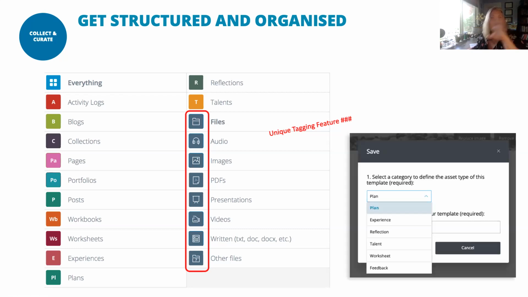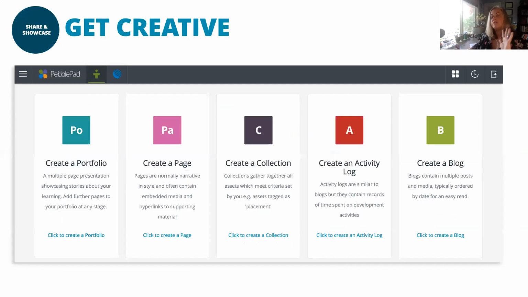So in addition to having all of these abilities to categorize, search, sort, and attach meaning to their assets of learning, they can also do an additional layer of categorization. Was it a reflection? Was it an experience? Is it a talent? What is it that they are really wanting to say about themselves and draw on in future use? So when you have the asset store, you have all these beautiful assets of learning,